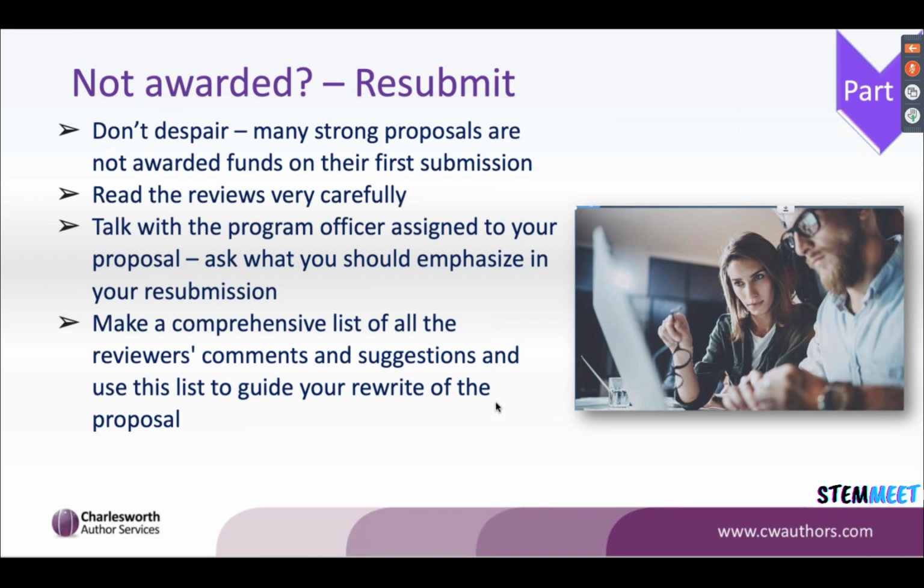So that's why it's always good too, if you can look for a little bit of funding to get you started to do a pilot study so that you have data going into a bigger funding. That also helps make you more competitive. If you get reviews back, read the reviews very carefully. If you're not funded, talk with the program officer assigned to your proposal. Ask what you should emphasize in a resubmission. And then make a comprehensive list of the reviewer's comments and suggestions and use this as a guide to rewrite